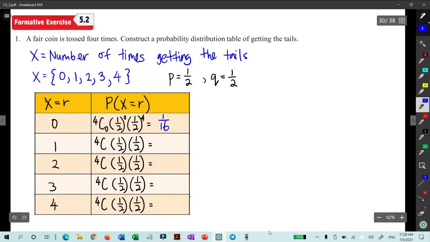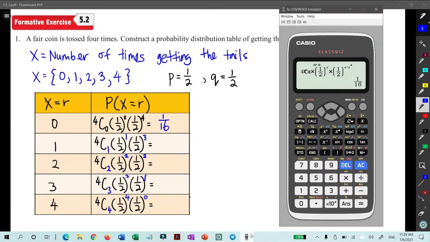Okay guys, so this is going to be 1, 1, 4 minus 1, you get 3. 4C2, the power here is 2, 4 minus 2 is also 2. 4C3, the power here is 3, 4 minus 3 is equal to 1, and then 4C4, power 4, and then 4 minus 4 is 0. Very easily we can calculate the values for all these calculations